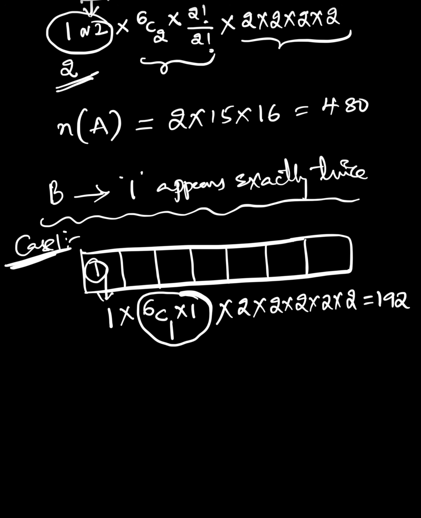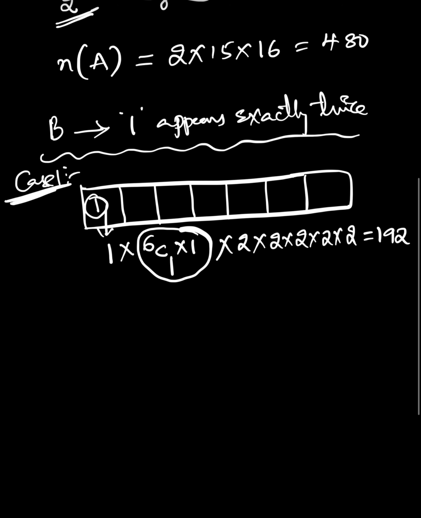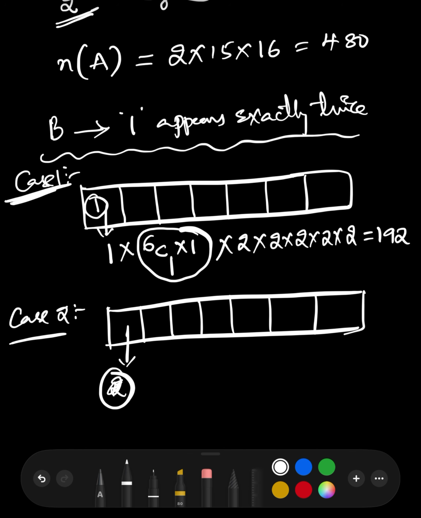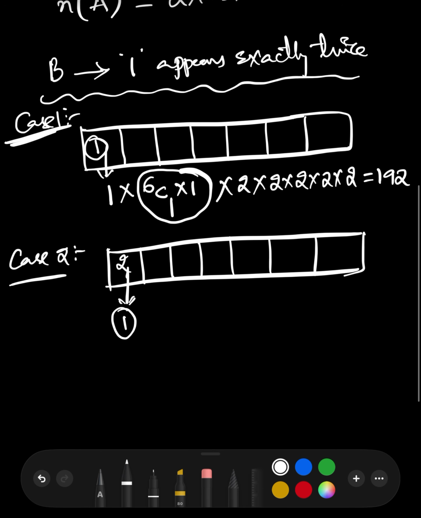If for suppose the first blank can be filled with 1, right? Now in this there is another case, that is if the first blank cannot be filled with 1, so that first place can be filled with 2 for suppose, right? If the first place can be filled with 2, so this arrangement can be done in 1 way. Next,